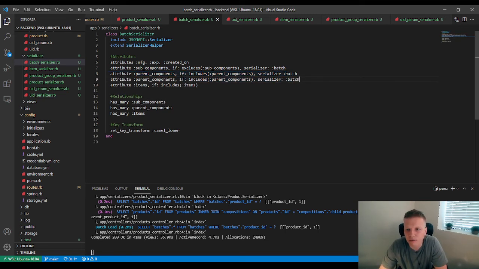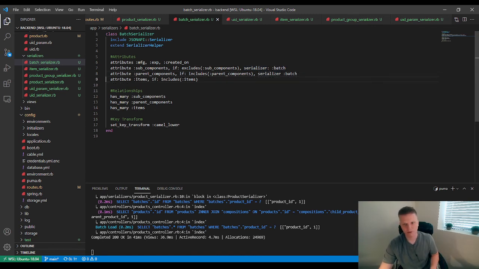What did I do differently? Serializer. Oh, here it is. For this one, it looks like we forgot to include it, make it a hash of the key. So go ahead